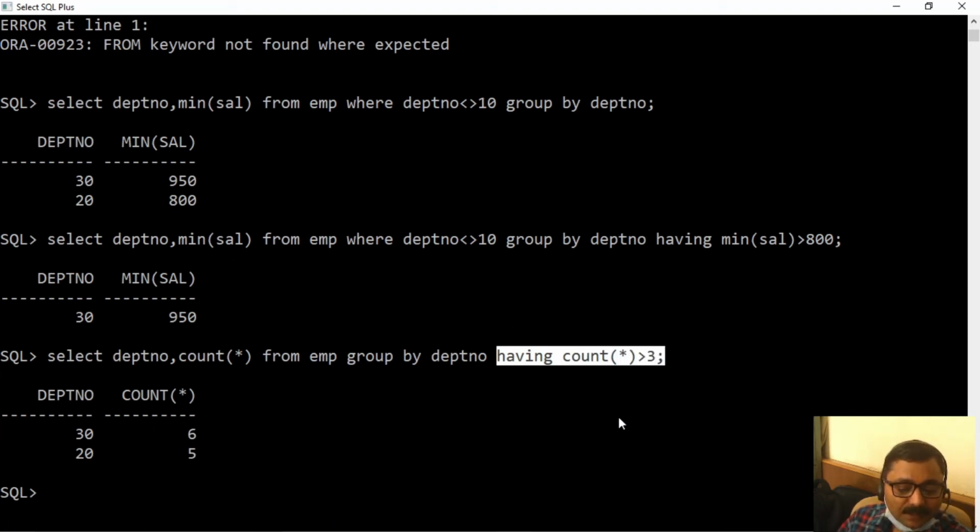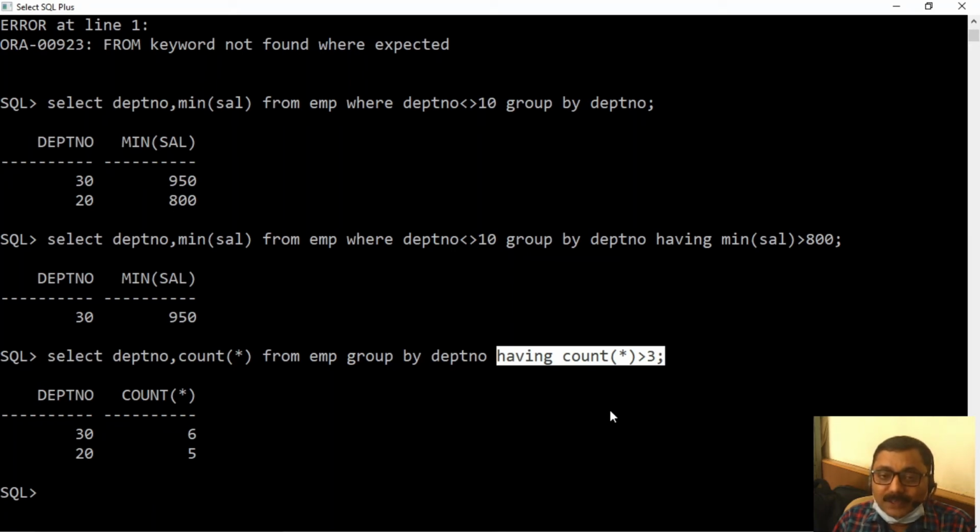Similarly, if I go ahead with the question, like if I want to display department number and average salary for those departments where average salary is more than 1000, it means I want to group on department.